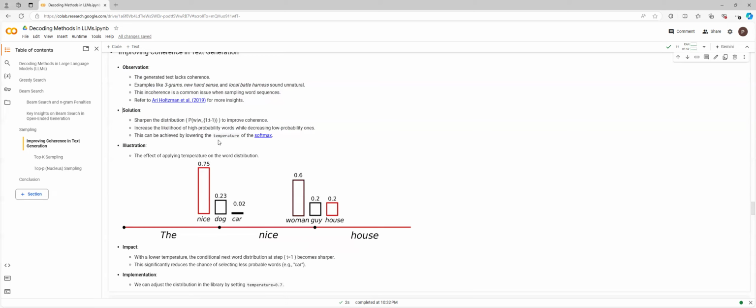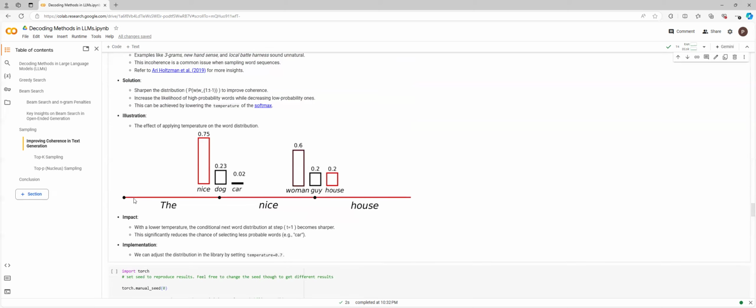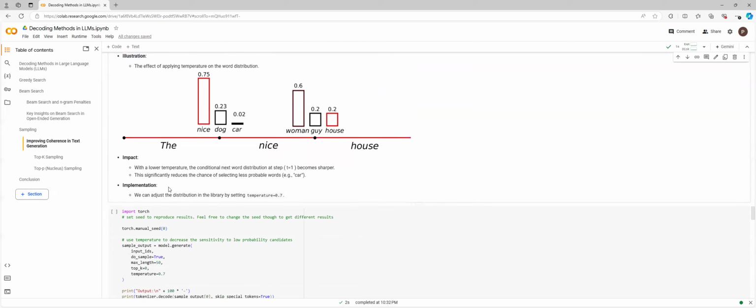So if the temperature is one, then it is a uniform distribution over tokens. Otherwise, it is a bit peaky. That is a sharp distribution. If temperature equals zero, you can think of it as a delta distribution. So you can see with the lower temperature, the conditional next word distribution at each step becomes sharper,